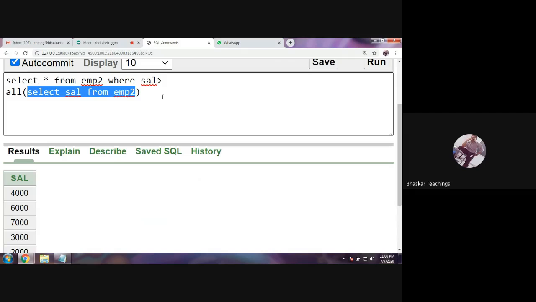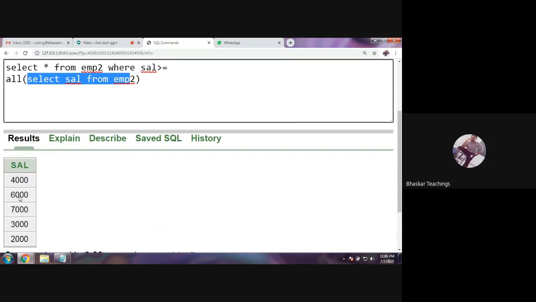Okay, let me give greater than or equals to. Now you will understand. This means display the employee details whose salary is greater than or equals to all the salaries retrieved by the inner query. What are the salaries retrieved by the inner query? These 5 salaries. Is there any salary which is greater than or equals to all these salaries?